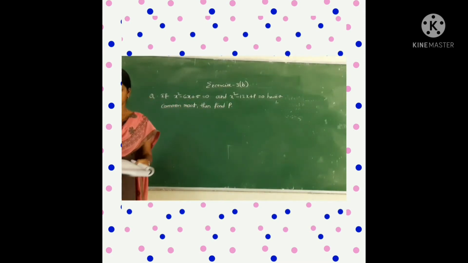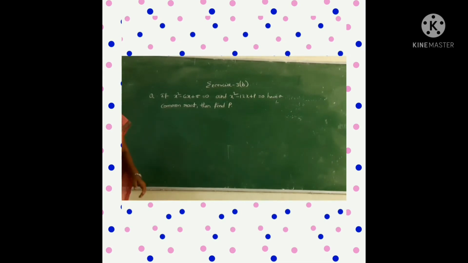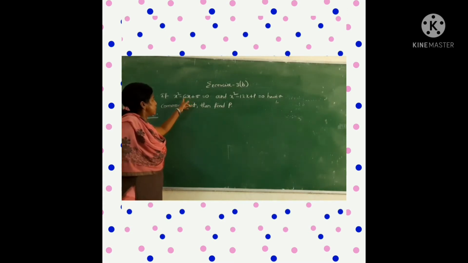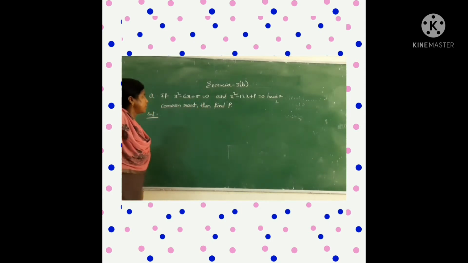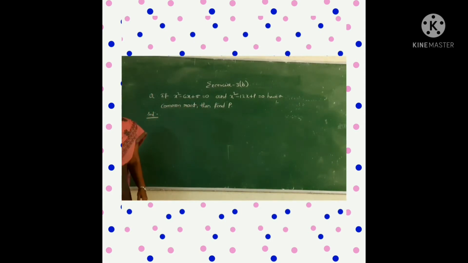Okay, here also in this model, in the last class we already solved one like that. Now again this one is solved. What is given in this question? Two equations are given and we have to find the common root. What is the common root formula? C1A2. Generally we do not use that formula; we solve it this way.